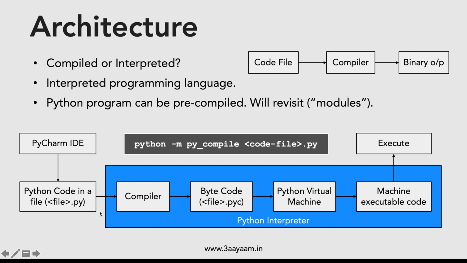And remember, by default, we do not compile the Python code. The entire code is passed through this process whenever we execute it. So whenever we press the run button or execute a Python program, we execute it using the Python code file name, filename.py, and all this happens during runtime. So that's why Python is known as an interpreted programming language, not a compiled language per se. But if we want, we can make it a compiled language by pre-compiling the Python code. I'll show you both pre-compilation and interpreted execution using Python.